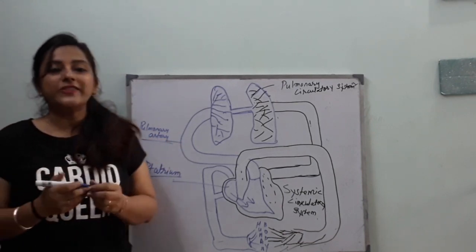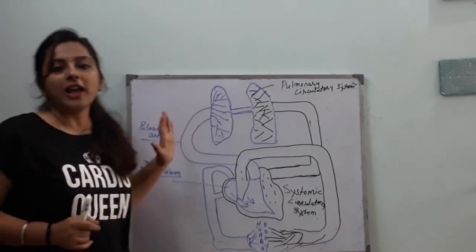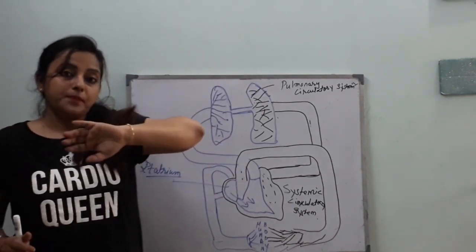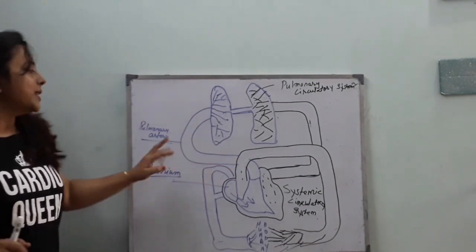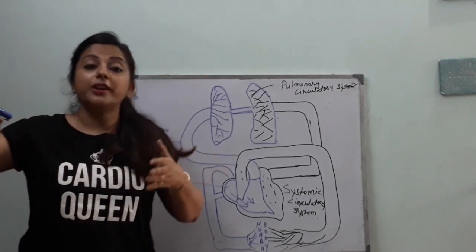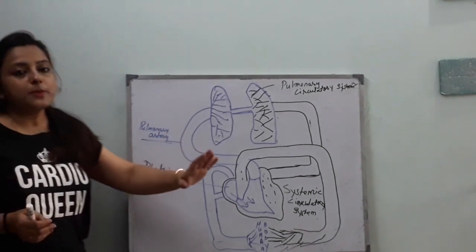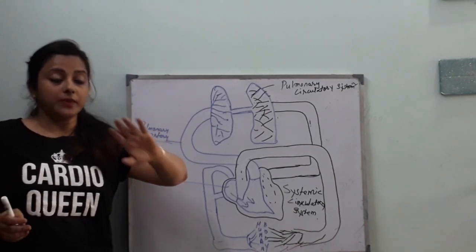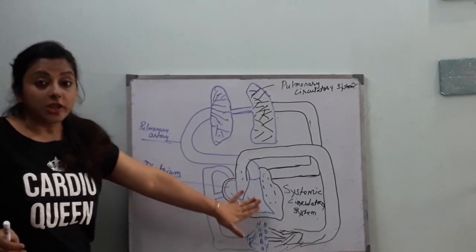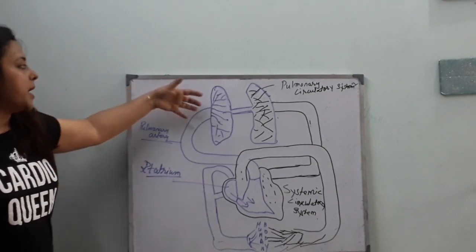Students, don't get confused with the pulmonary artery and vein. I have already told you about the difference between artery and vein. Artery means blood vessels which bring the blood away from the heart. That is why this is the pulmonary artery. You may have been confused because arteries usually carry oxygenated blood, but this carries only deoxygenated blood. But the basic difference between artery and vein is that an artery only carries blood away from the heart.